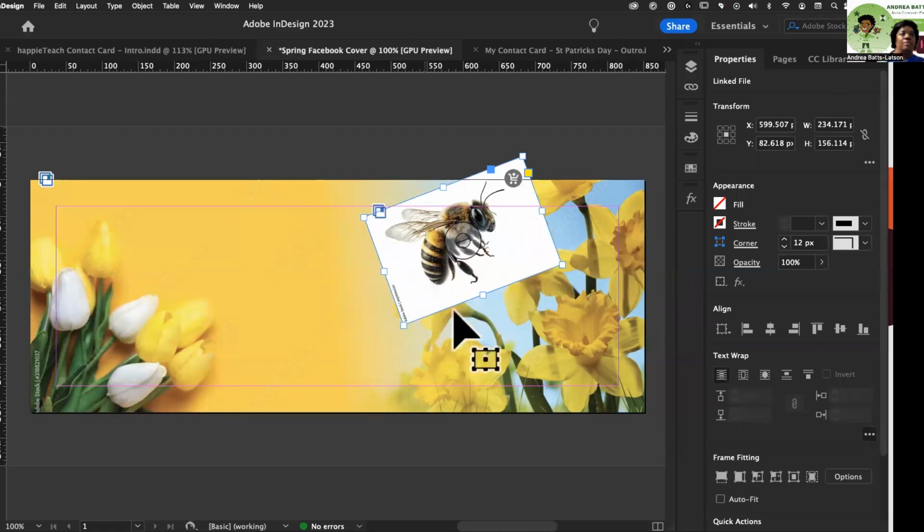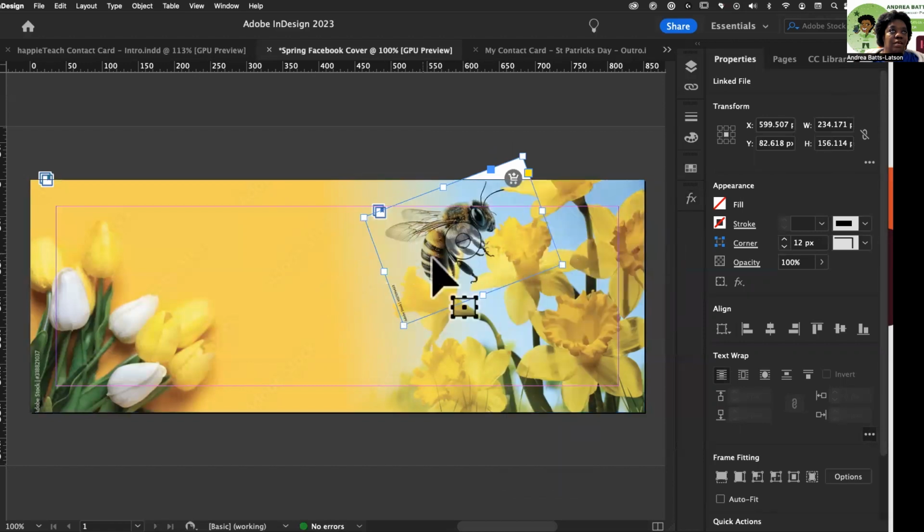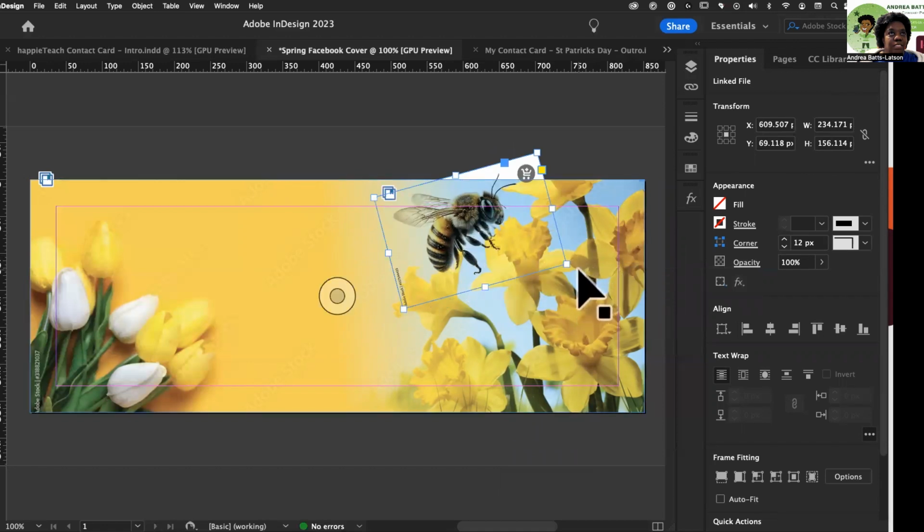So the way that I'm going to fix it, instead of having to go into Photoshop or instead of having to use an alpha channel, I'm going to use a blend mode because the background is white. The blend mode that I can use, I'm going to go back to effects. I'm going to click here and I'm going to choose multiply, and it's going to take out that white background. Too cool. Okay, so now I can actually look at where I'm positioning this B